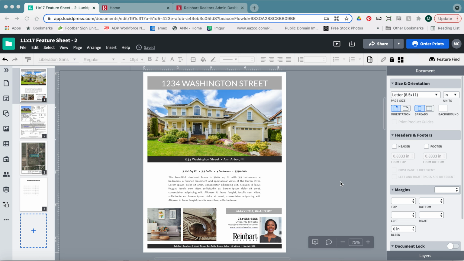Today I'm going to show you how to make a QR code from a feature sheet in Lucidpress. The QR code is something that you can display at an open house, for instance, and anyone visiting that open house could scan the QR code and have access to all of the information for that listing that you would